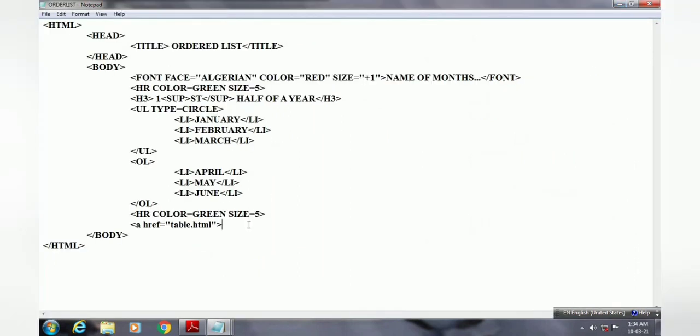Then here we are writing the content that we want to set as a link. So "Click to see table". This link we have set in our list. You can see currently the program opened by us is the list. So in the list we are creating the link for a table, and in the table we have set the link for a list. Like this, it is known as interlinked web pages. Now the closing a tag, and save this file also. Don't forget to save. Okay.